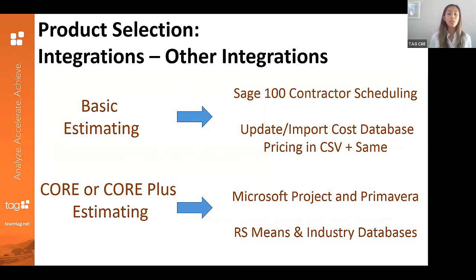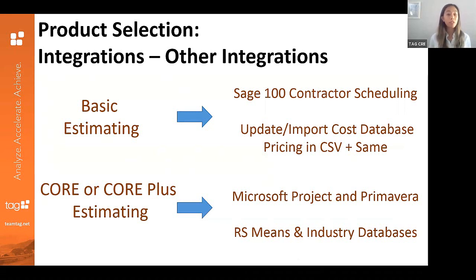It's as easy as attaching a file and then just telling the system where those columns are going to be going into the system. So if you get your prices updated from your vendors, or maybe you're purchasing or subscribing to a cost